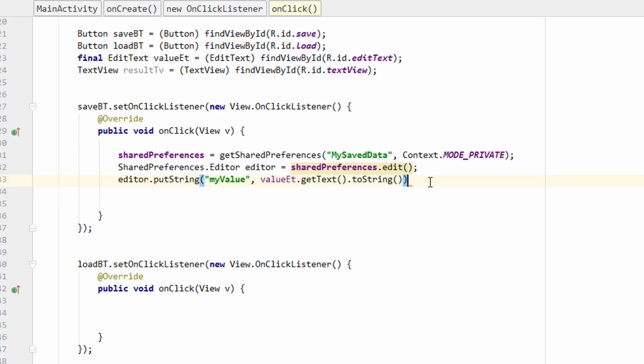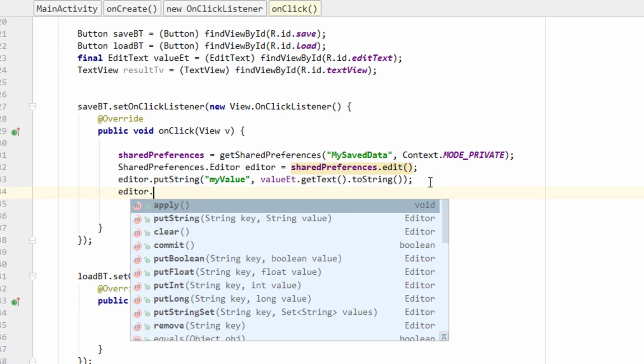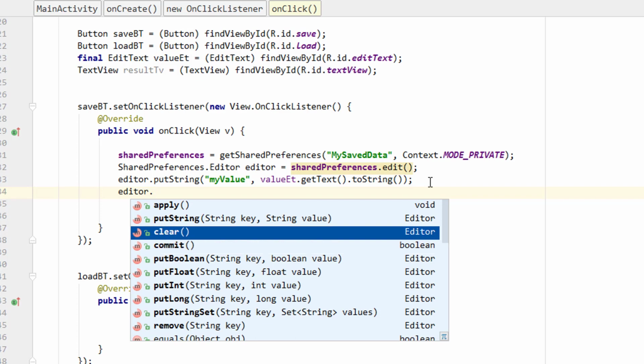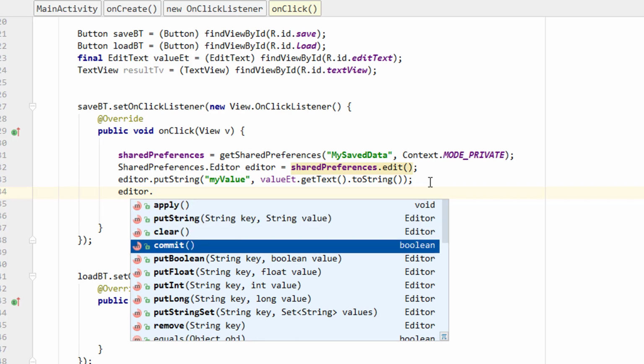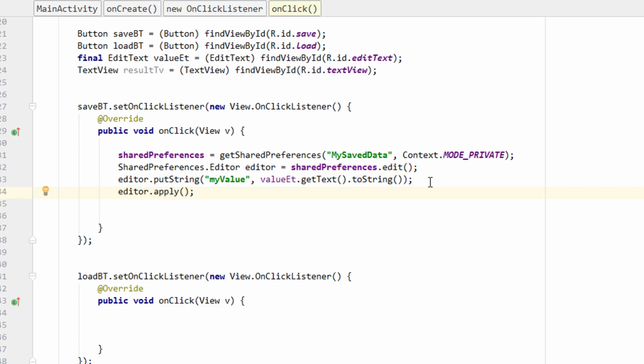Okay, so now we have it. And finally we have to save the changes. So editor dot apply. In the previous tutorial we had commit, and right now commit has been replaced with apply. So selecting that one. Now we have completed the saving part, and next we have to get the data that is saved